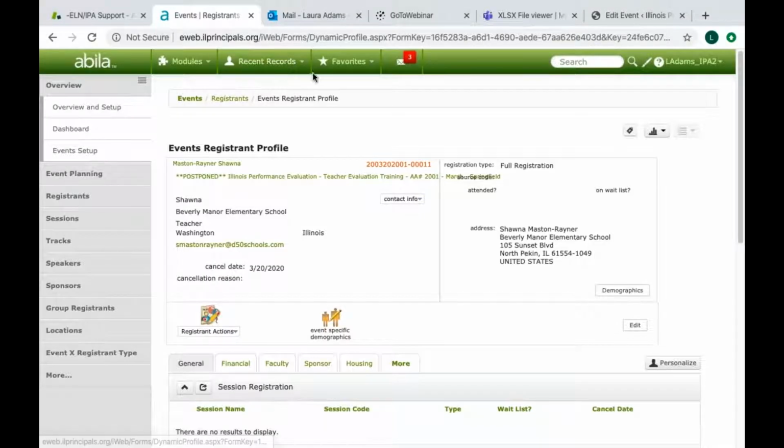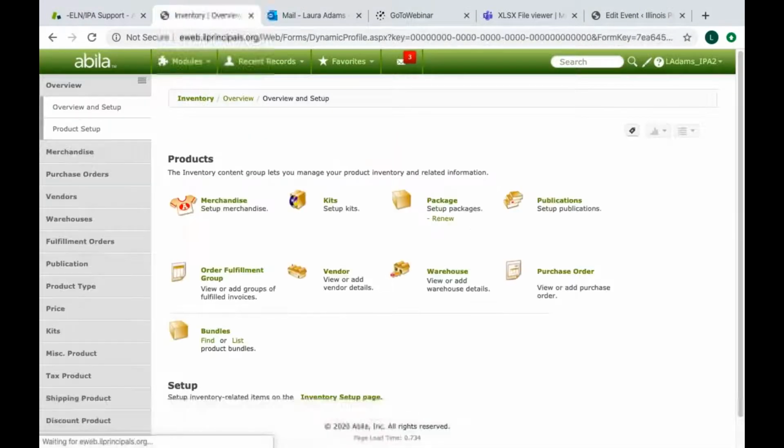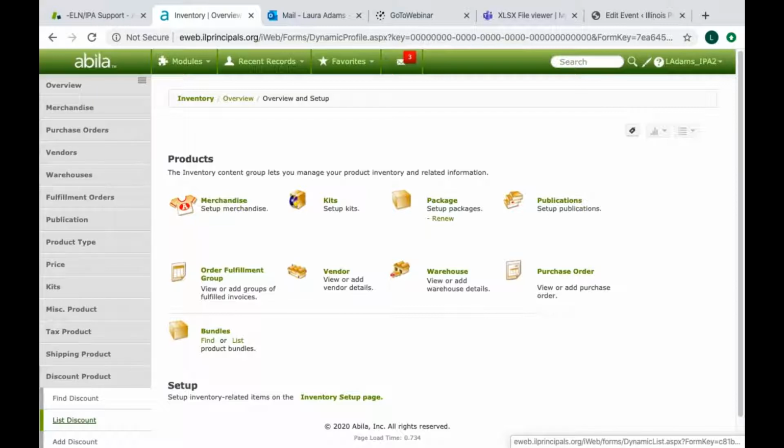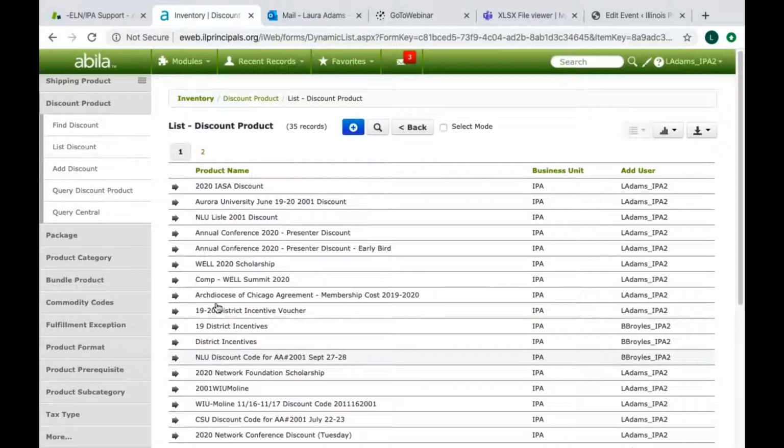The first thing you want to do is go to the modules tab and go to inventory. And once it gets to inventory, then you want to go to discount product and then list discount. And then the two that we're going to be dealing with are the 2020 IASA discount, and it'll be farther